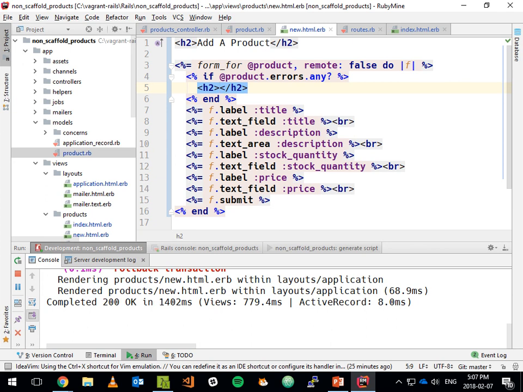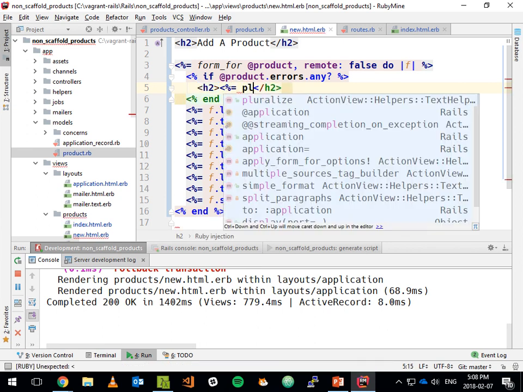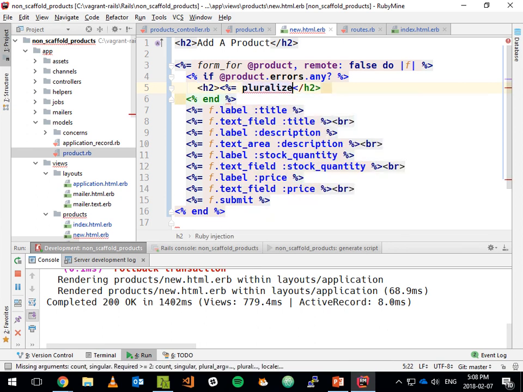So if there was one error, I want to say there was one error that prevented this thing from saving. And if there were multiple errors, I want to say there were 2 errors or 3 errors. And so we have this little helper where I can echo out pluralize,